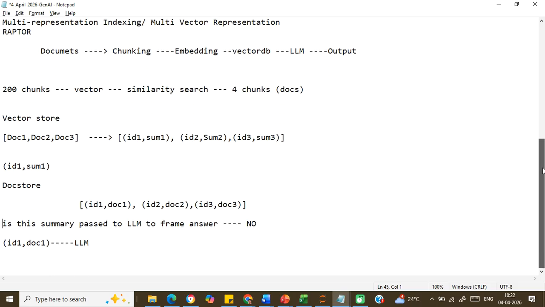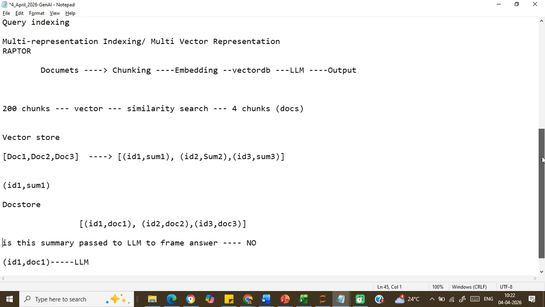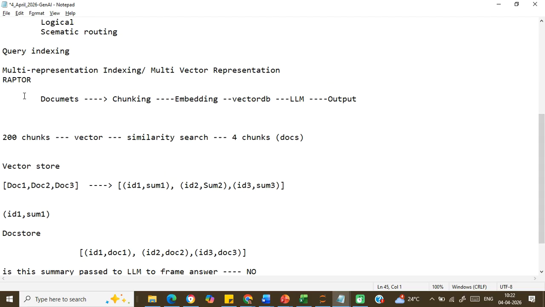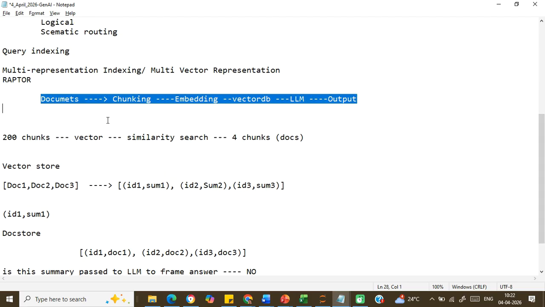So what was happening initially? The initial approach was this one. We were chunking our documents and then moving the chunks to the large language model in order to frame the answer. Now, in order to improve the retrieval process and the accuracy, we have another